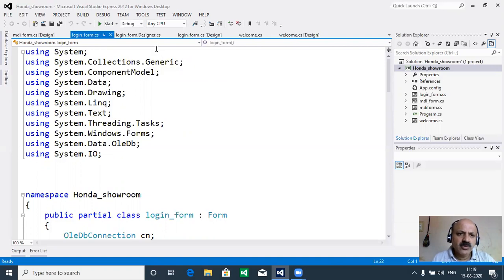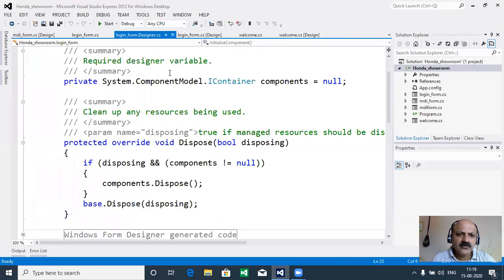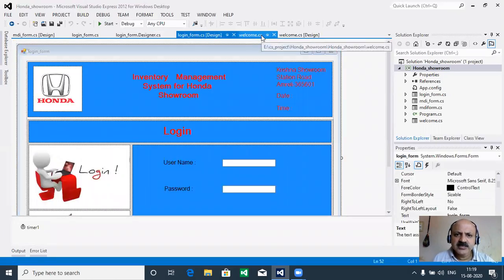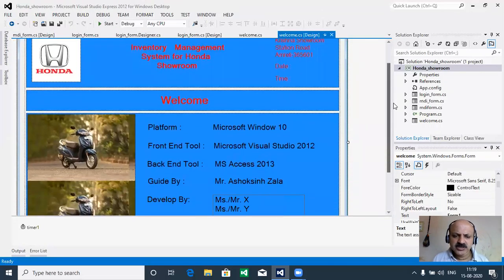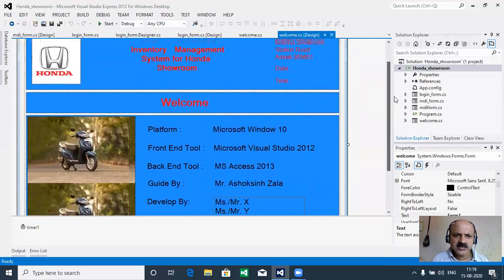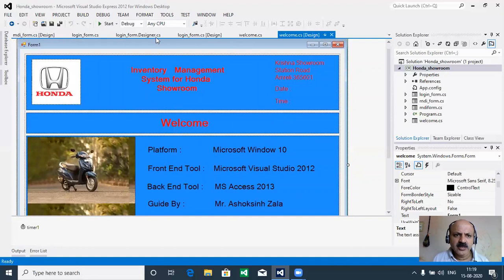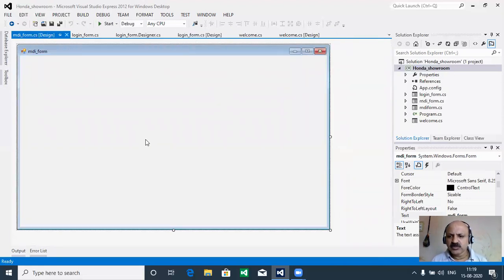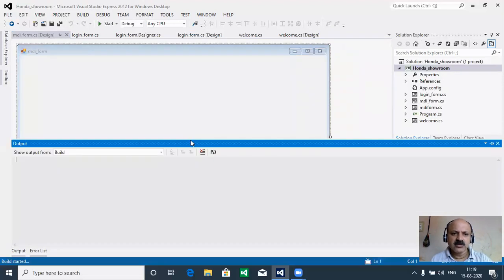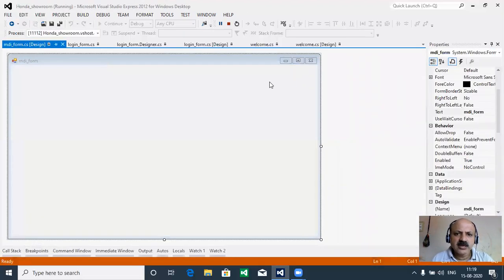Okay, now I can start, and first I run this project, that is the flush screen design. In my first video lecture in the project, we did the welcome or flush screen designing and coding, and then the login form. And now in this session we take the MDI form, and we design the MDI form in this video lecture. So let us first run our project and see how it works.